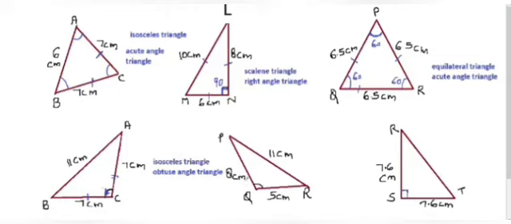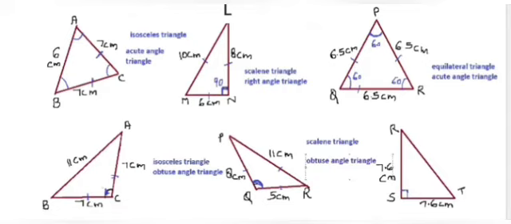Here you can see this is 8 centimeters, this is 5 centimeters, this is 11 centimeters. So all the sides are unequal. So when all the sides are unequal, we can call it scalene triangle. And you can see that again our one angle is more than 90. When our one angle is more than 90, we can again call it as obtuse angle triangle. So this will be your obtuse angle triangle. Then we come on the next.